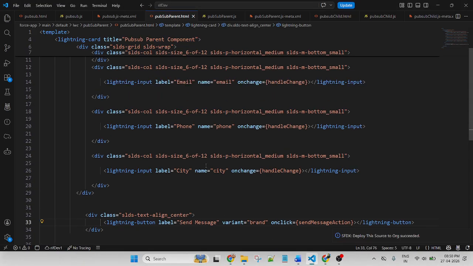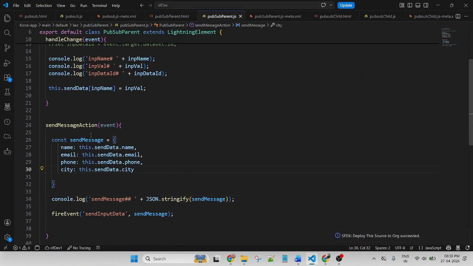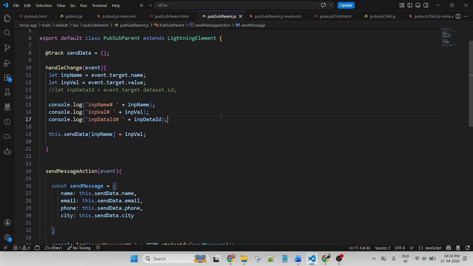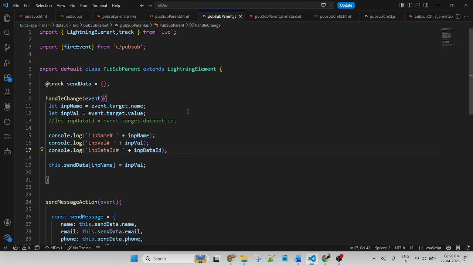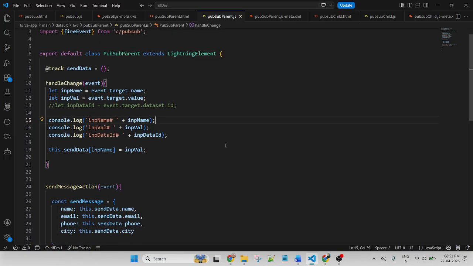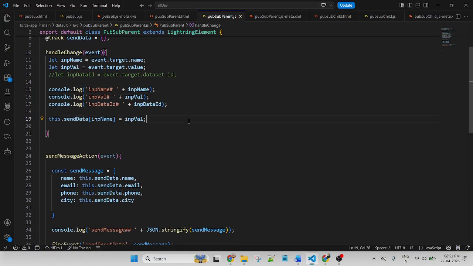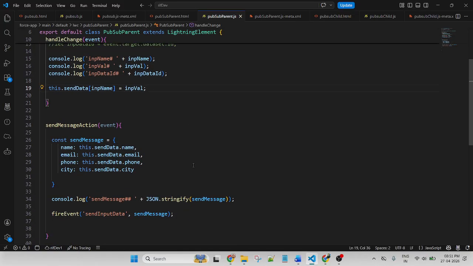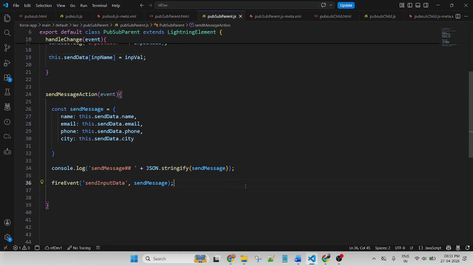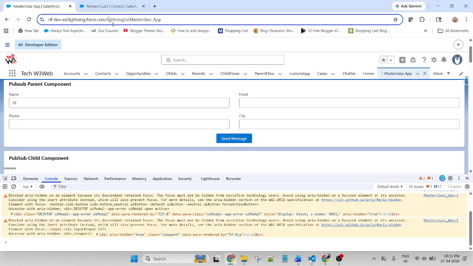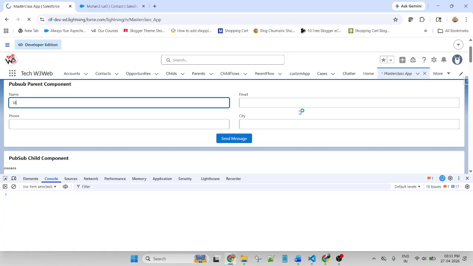Name, email, phone, city. Send data. Good. But why does it display wrong?